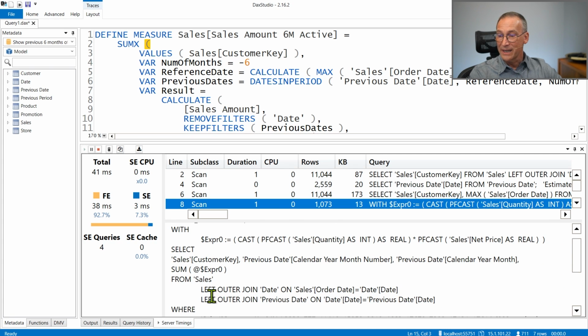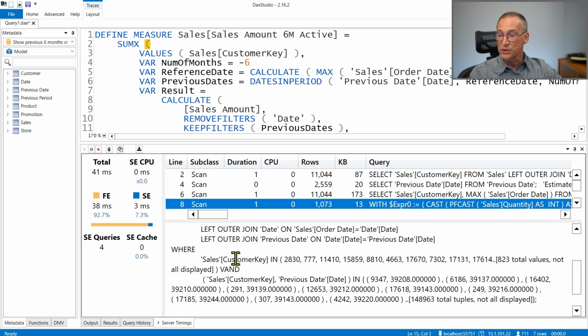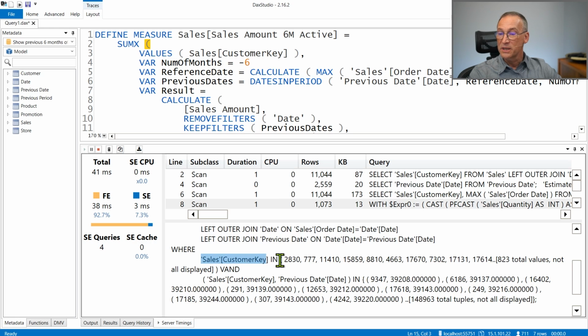Because we have the select part, but look at the where condition. The where condition has where customer key in, and here we have the list of all the customers that happen to be in July 2007. And then we have sales customer key, a new filter that is working on sales customer key and previous date. So it's filtering two columns, the customer key and the date. So this customer, this date, this customer, this date, this customer, this date, and so on. And it generates quite a large filter,